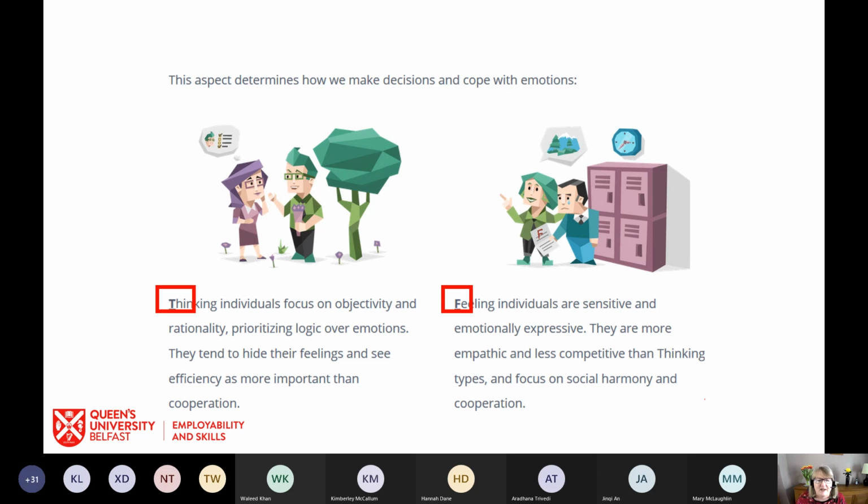They'll think, how's this going to affect the individual? How can I do something that's different that'll make it better for this person? Whereas the thinking individual is more like, well, here's the facts. If I apply these logically, then it'll be fair. Okay, so you can see the difference there. So again, thinking preference,